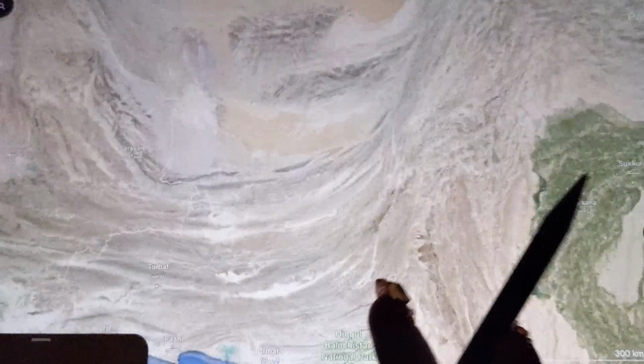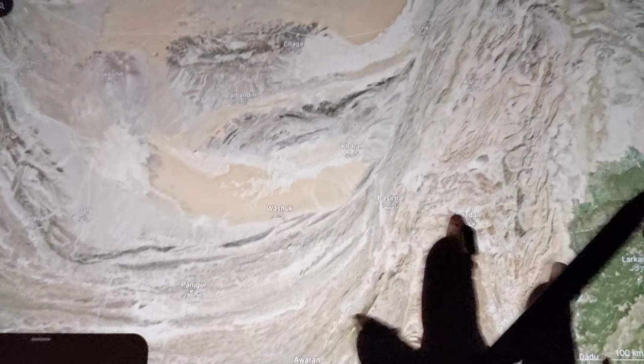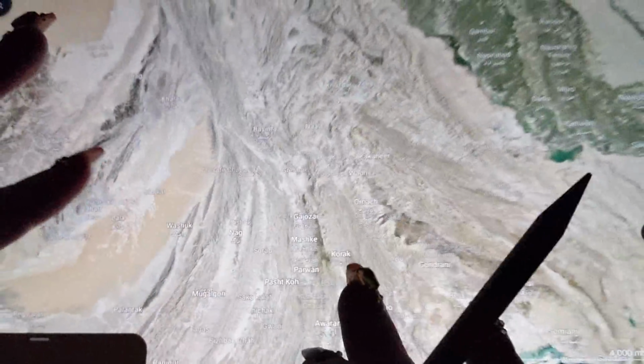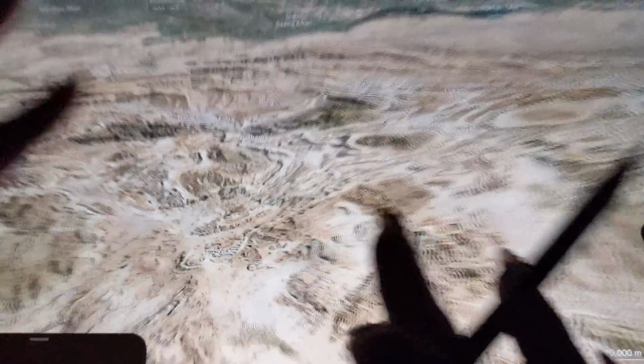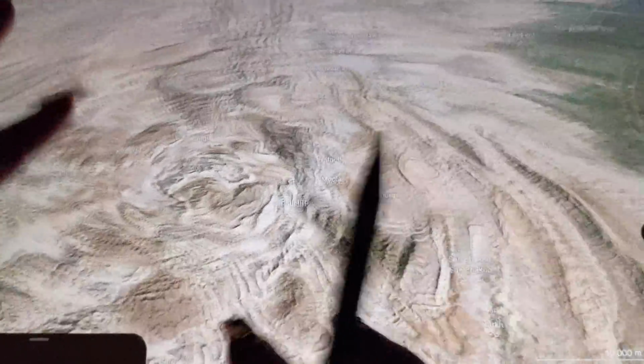What else should we look at? What I've been doing lately is just zooming in on a mountainous area and just oohing and awing at it. See, now you know when I was talking about Alexander marching through, how daunting it must have been to try to cross something like that, right? Look over here. How exactly do you cross something like that? I guess very carefully is the answer, right?